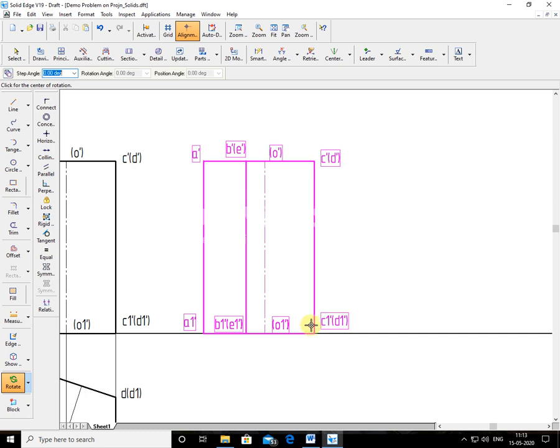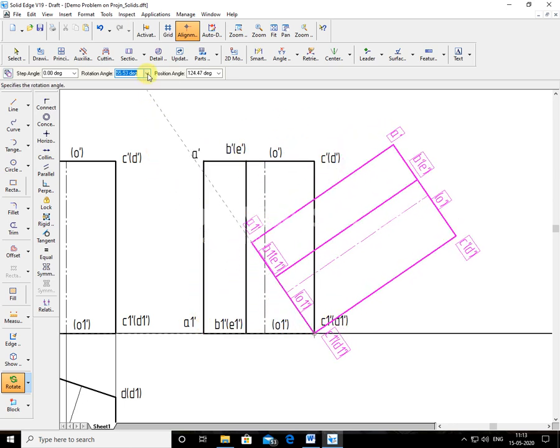Then I'll take this A1 dash corner as my rotation point. I'll click here. Now how much do I want? Axis angle should be 40, which means the angle of base should be 50. So I'll type 50 here in rotation angle. So this is the position.